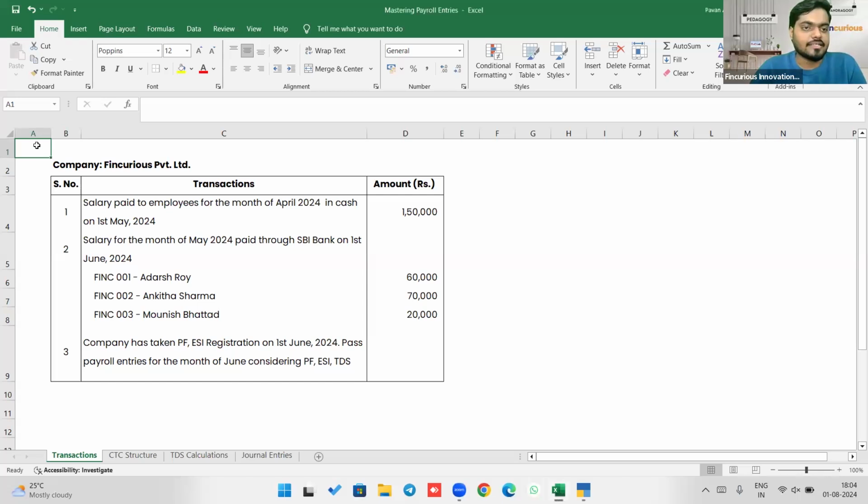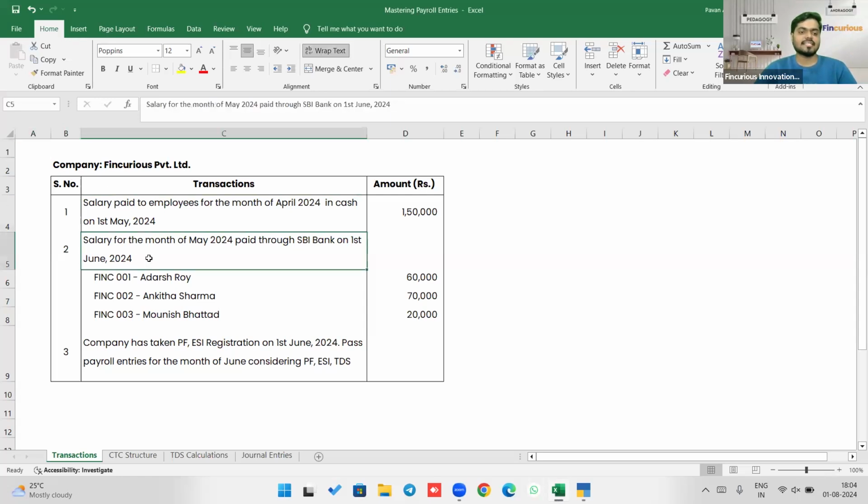Yes, I think you can see my screen. So the company, Fincurious Private Limited, has the following transactions. Based on these transactions, we are going to pass the journal entries. What is the first transaction? The first transaction is salary paid to the employees for the month of April 2024 in cash on 1st May